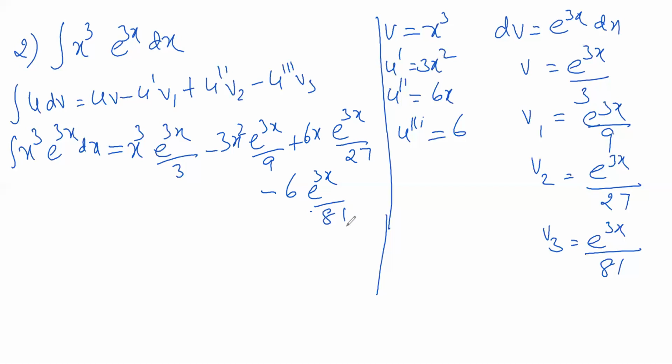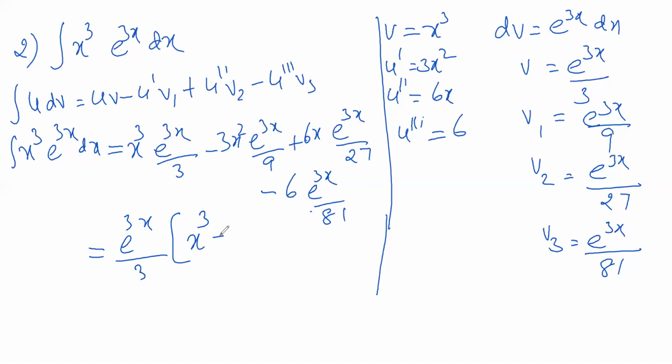Right? Now, by seeing this, what are the common terms? We have taken all the common terms outside. See, e power 3x is common, right? So e power 3x and also 3, 9, 27, 81. So 3 is common. So the common term, which is what? e power 3x by 3. So after taking e power 3x by 3, the remaining terms are what? x cube minus